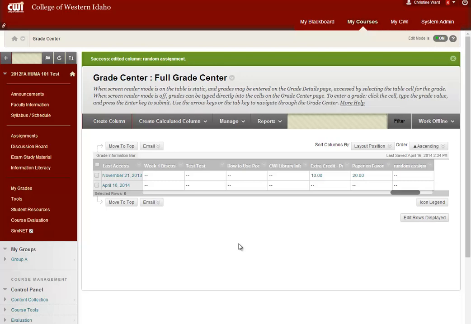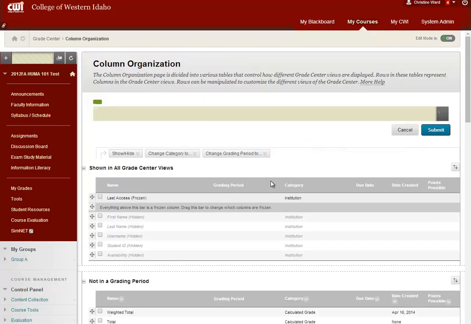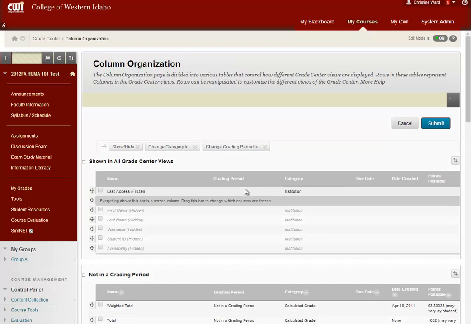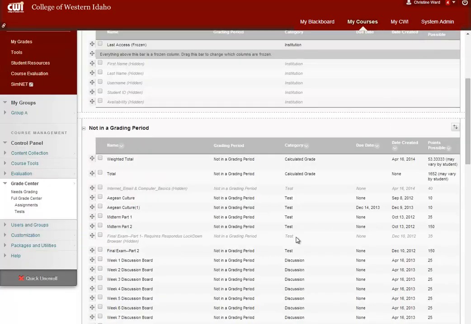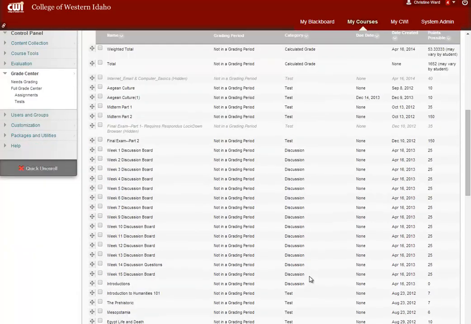Repeat as necessary, or change all of your categories at once in the column organization area of the grade center. To use the column organization center, we begin in the full grade center and we click on the Manage button and come down to column organization from the drop-down menu. This will show me every column in the grade center and a bunch of other helpful information, including the categories for each column. Remember that discussion boards and journals equal participation. Notice I have quite a few discussion boards right here. All I need to do to change this from discussion to participation is to select the boxes that I need,